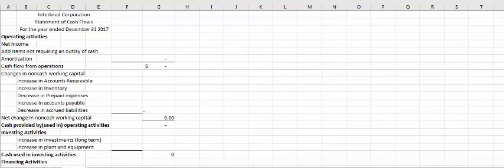So in this chapter, we've been going through a review of financial statements. And the last financial statement that we're going to have a look at is the statement of cash flows. And because cash is so important in finance, this is one of the more important statements that we're going to have a look at. If you look at it, you'll see that it's split into sections: operating activities, investing activities,